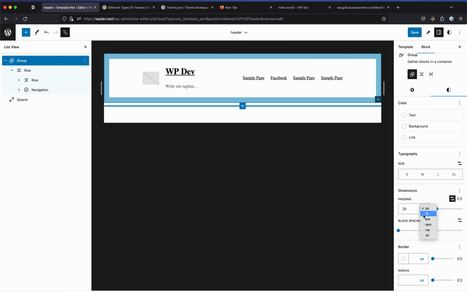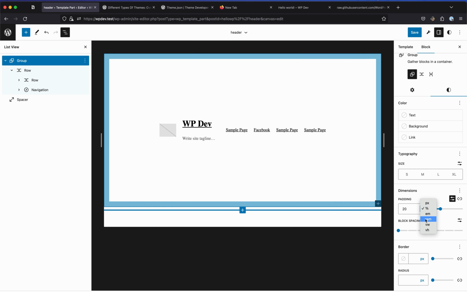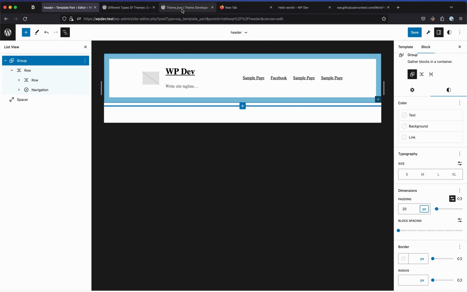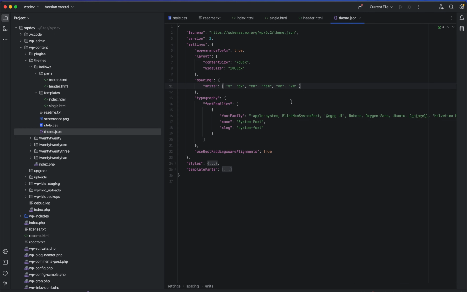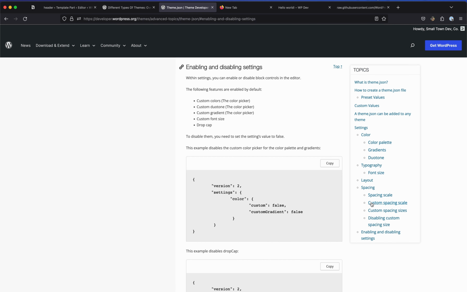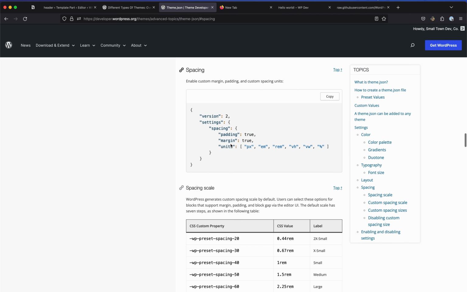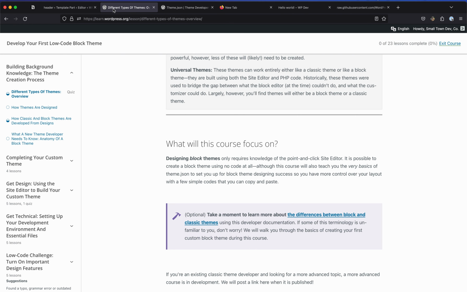But you can also set it to percentage or vm, vw, vh. So as you can see, you can imagine all sorts of stuff, but only the units you set from here, right? And that is spacing for you. I think there's much more than just units here in spacing. Let's go to the spacing section, and you can see this padding, there's margin. You can set everything, like which we just did,